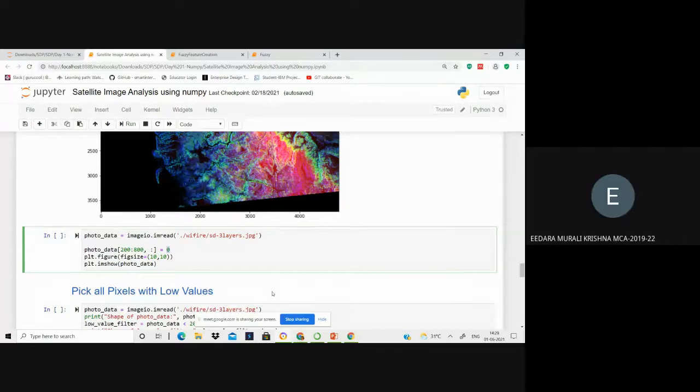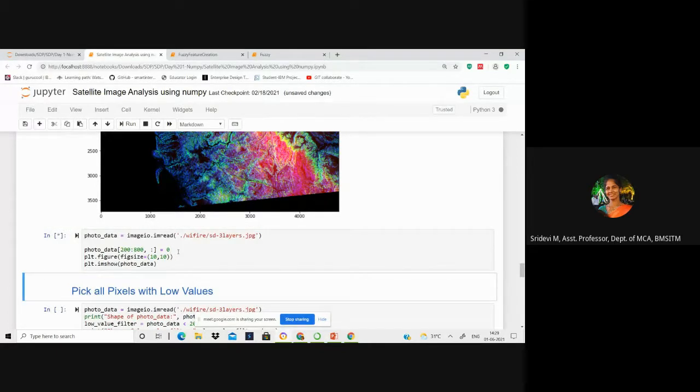Ma'am, it will display black color on 200 to 800 rows. Very good. It will display black color because you are making the intensity of the red, green and blue layers 0. All the intensity is nullified here. When you make all intensities high, it will display a white band. All intensities 0, it will display a black band.